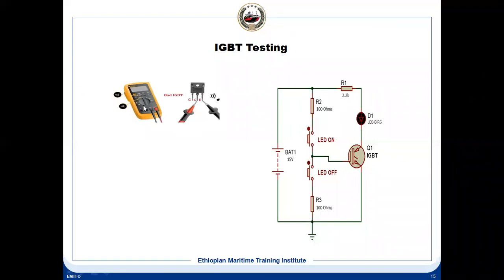Also with the multimeter, we can check very fast. Because on board chips you will find IGBTs aplenty. It's not one or two. In propulsion drives there may be a lot of IGBTs. So if something goes wrong, you should be able to check which IGBT has gone bad or is good. The ideal thing is to use a multimeter and keep checking. With no gate signal, it should be open. So this is an IGBT testing circuit. You can use it with a digital multimeter or an analog multimeter.